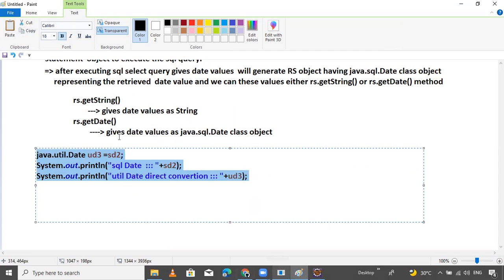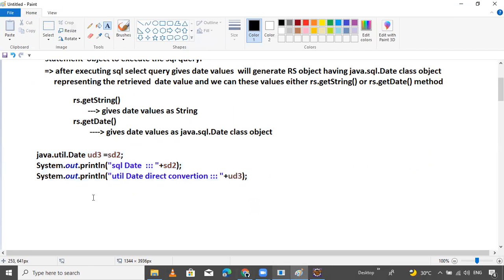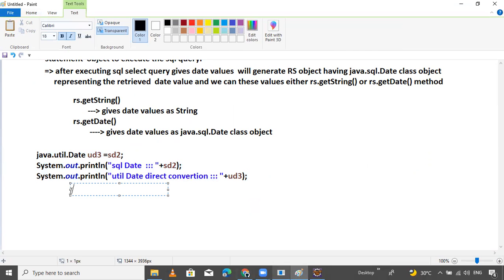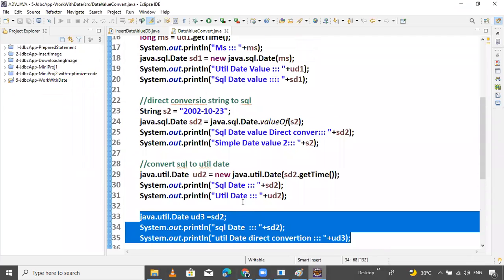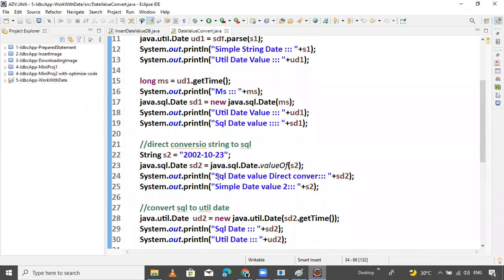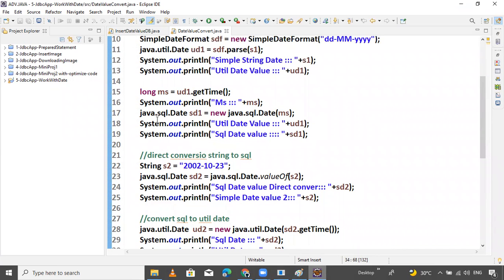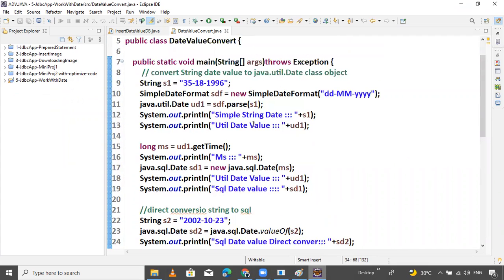You can do it by using this, or you can use the second thing. What is that? Convert the given value as a millisecond, and milliseconds takes as a, where is it defined? Java.sql is there.